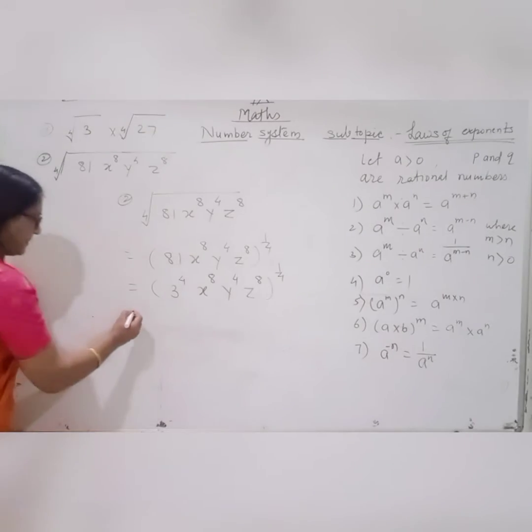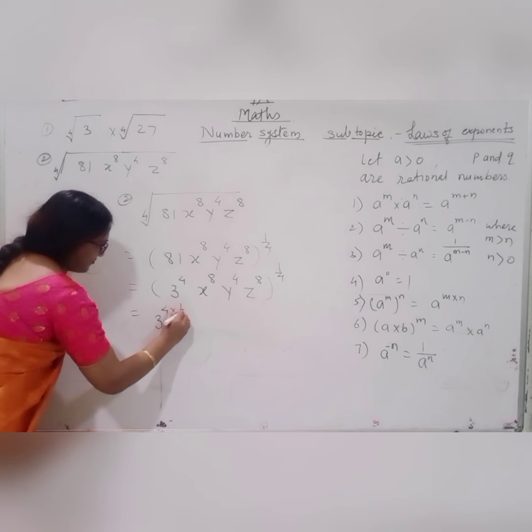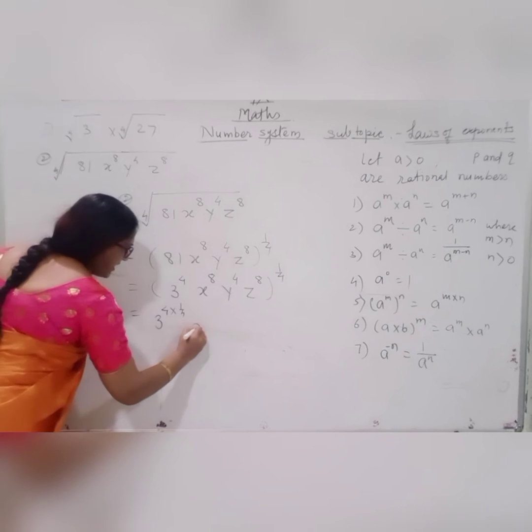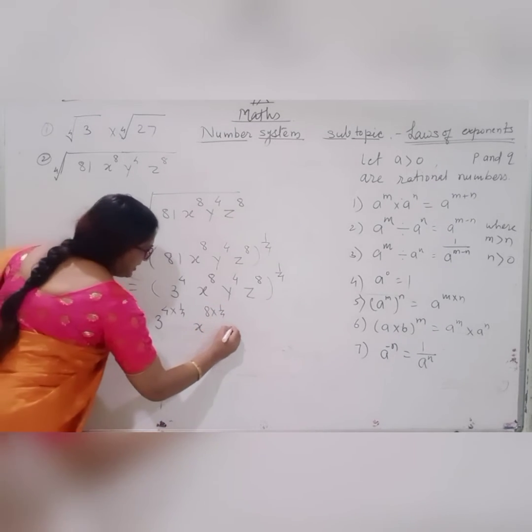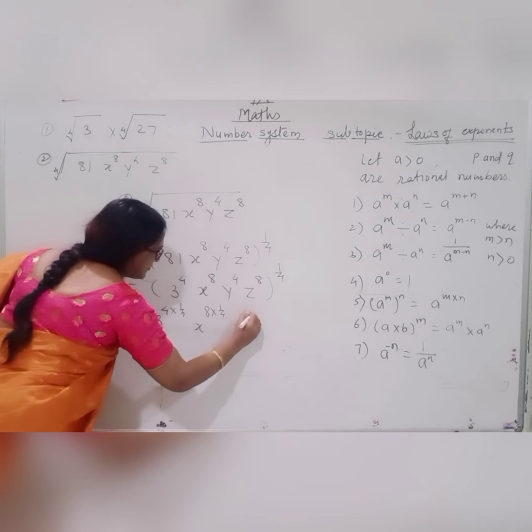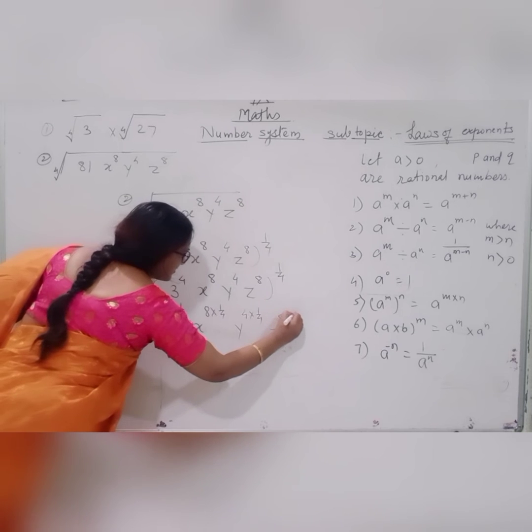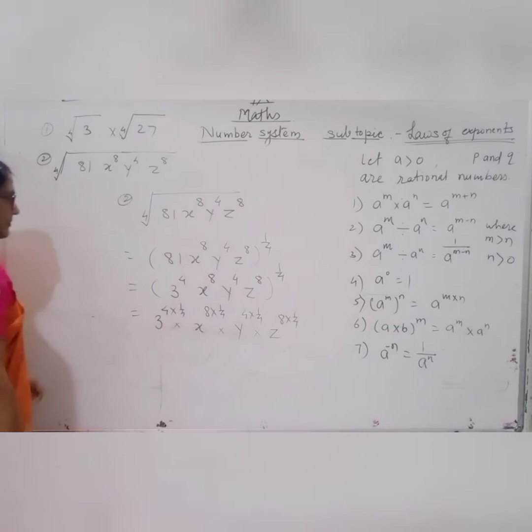तो देखते हैं 1 by 1. x raised to the power 8 multiplied by 1 upon 4. पावर का पावर, तो पावर का मल्टीप्लिकेशन. x raised to the power 8 multiplied by 1 upon 4, multiplied by y raised to the power 4 multiplied by 1 upon 4, and z raised to the power 8 multiplied by 1 upon 4. Clear? So what is next?